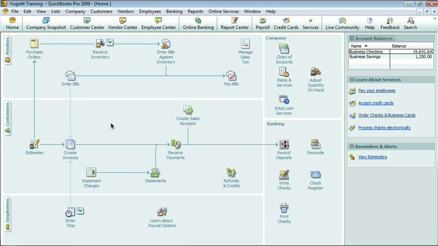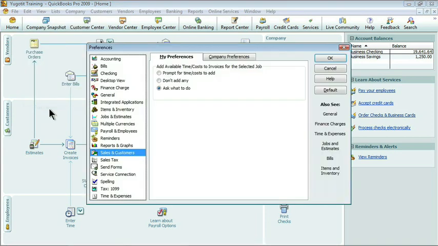We've now gone through the process of accepting multiple payments and then doing a second step process of making a deposit. But you can do it a little bit easier, depending on how your business works and what you usually want to do. In order to make this a little bit different, I need to go up to my Preferences. From the Edit menu to Preferences, and I want to make sure I have Sales and Customers selected